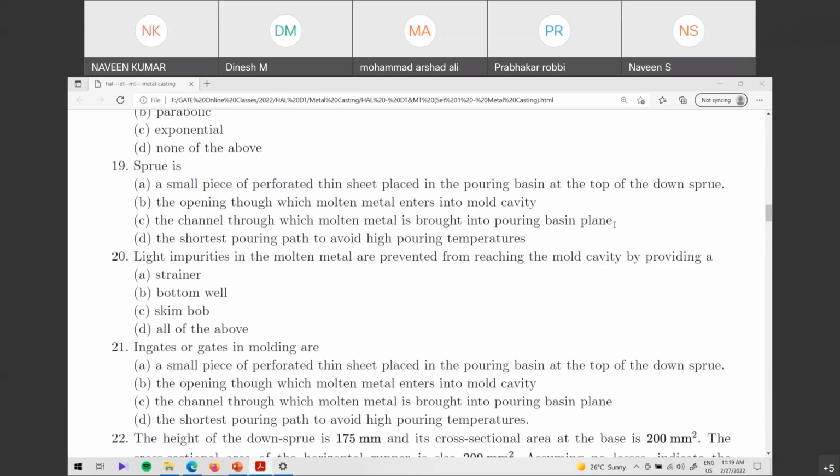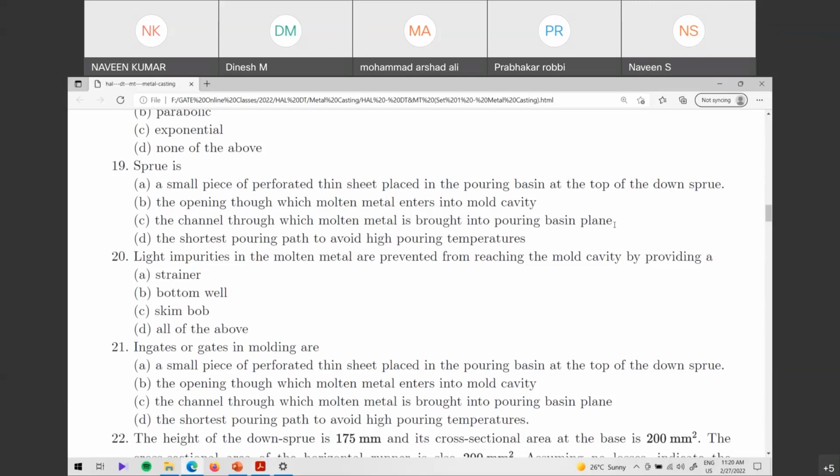Why? See, the top statement says that it is entering into the mold cavity. It might be. For top gating, it is true. The channel through which molten metal is brought in, of course, from the pouring basin only, that channel is connected to the pouring basin. This also can be an answer. The shortest pouring path to avoid the pouring, no, this is not the answer. So here there is a discrepancy according to me. The answer can be B or C,